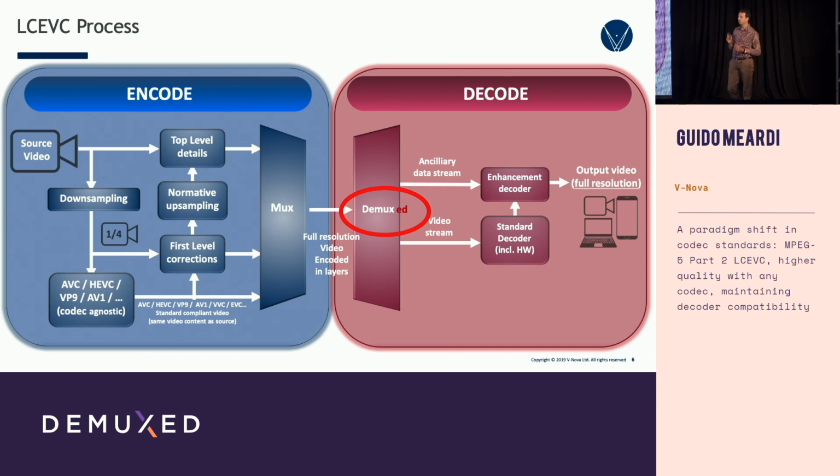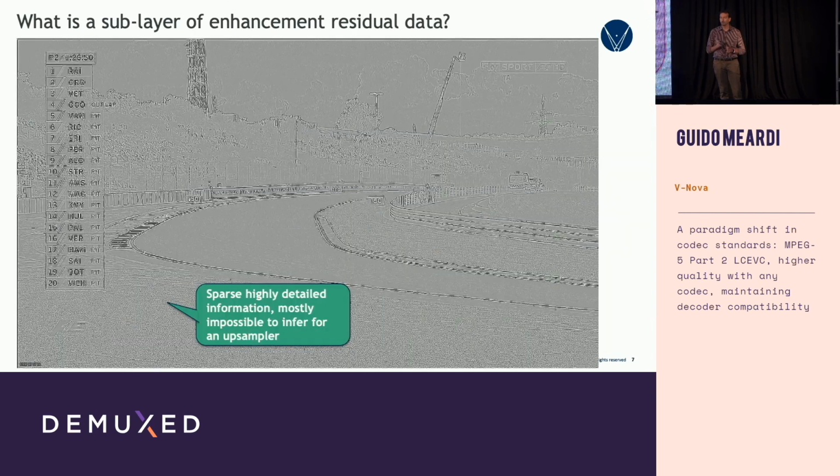There are multiple reasons, but I will show you one of them that, to me, is actually one of the most important to understand. When you talk about a layer of residual data, and I don't know how much it's visible with this screen, you are talking about something like this. So the details that are used to reconstruct the top quality resolution are sparse, high-frequency information like this. There are edges, there are dots, and normally DCT-based codecs with big transforms are not very suitable to compress this